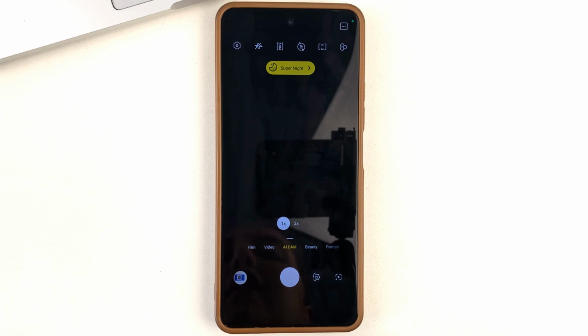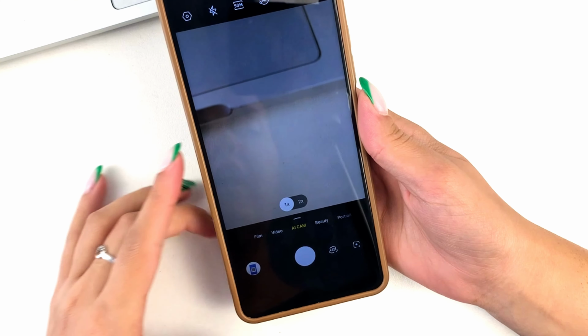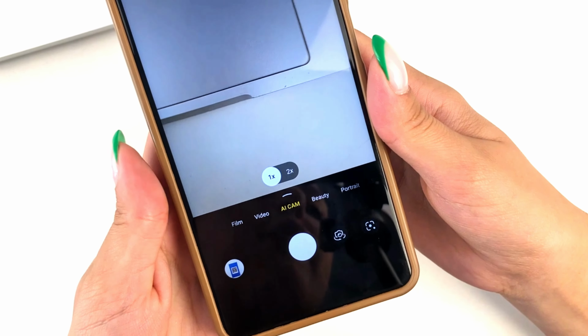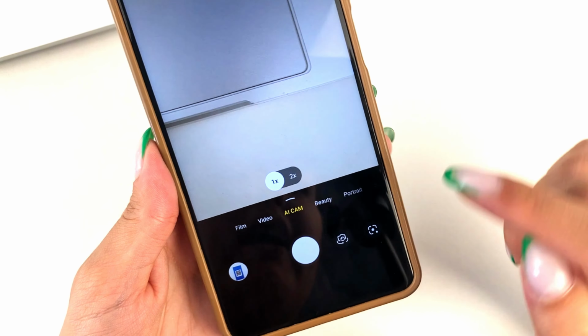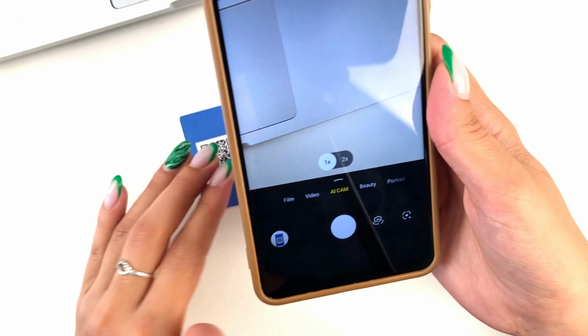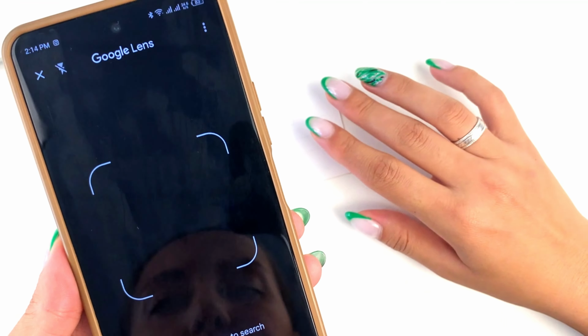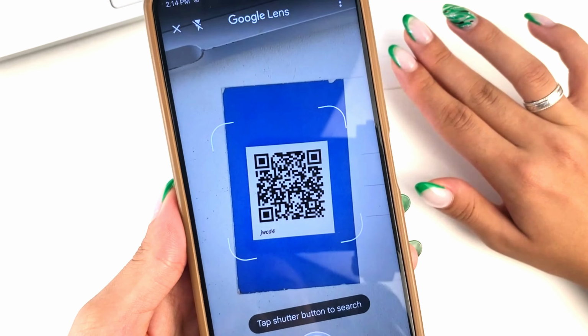And I'll tell you right away that on all Androids, the settings are different, absolutely everything. And first of all, look on your Android. Maybe you'll see that you have a sign like this. This sign will help you to scan a QR code. You will have to click on this sign and then hover over the QR code.